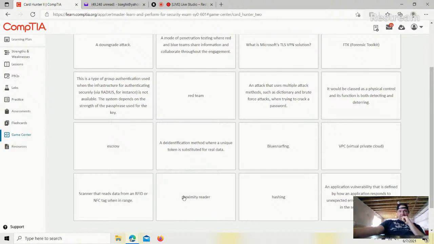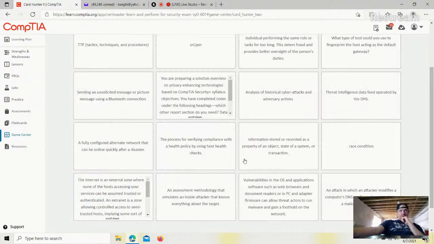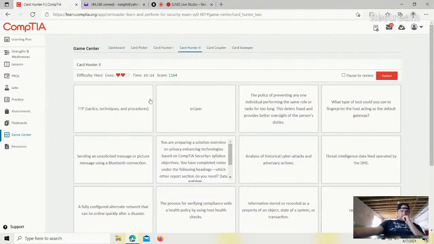I think it's proximity reader. Scanner that reads data from an RFID or NFC tag on a range. Proximity reader. Boom! Let's see. Text techniques, procedures. Also for